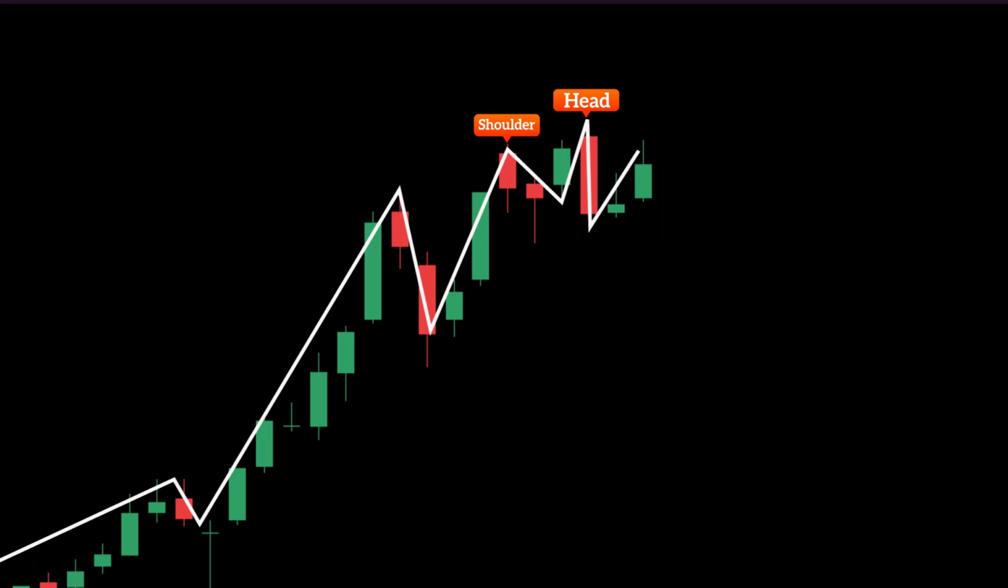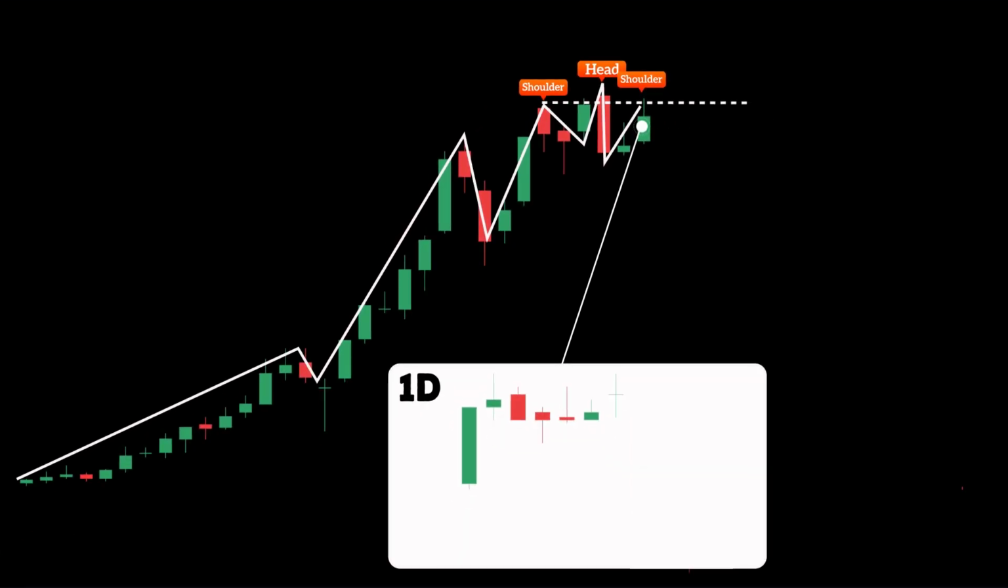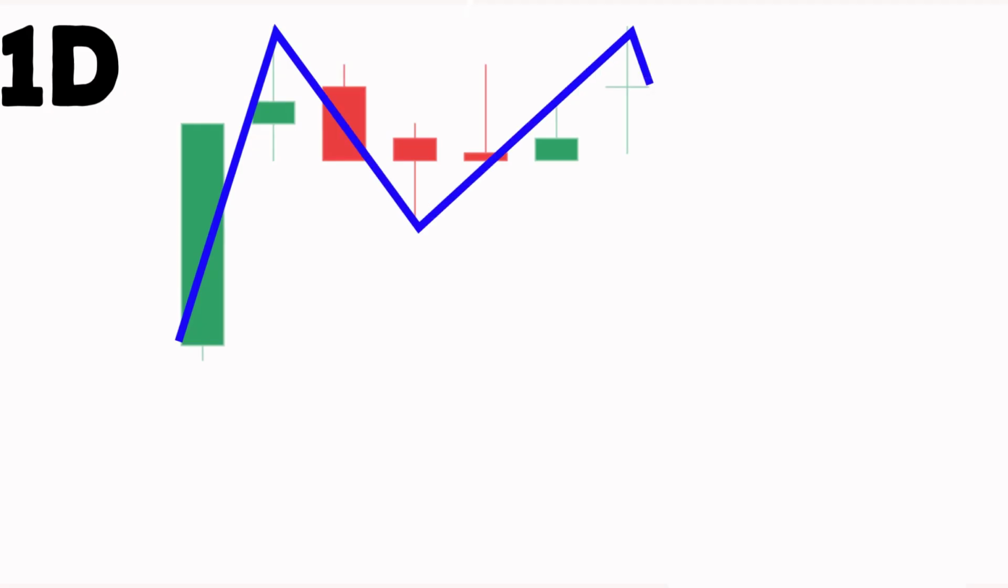Now, as the price moves up to form the right shoulder, it approaches a key resistance level. At this point, we observe the price behavior on the daily time frame to look for trade opportunities. On the daily chart, we see the price forming a double top pattern as it reaches that resistance area from